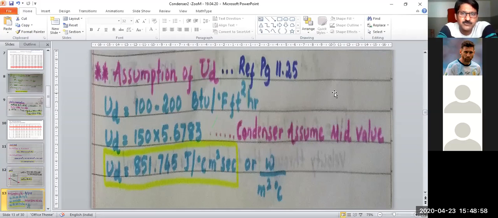So what is the difference between this problem and the previous problem? In the previous problem, we solved the problem by assumption of a velocity. In this problem, we are solving the problem by assumption of a UD. So if velocity is given, use that method. If UD is given, use this method. That's it. There should be no confusion at all. What I am doing, I am using the average value or center value of UD. So therefore, exactly I am taking the center value of